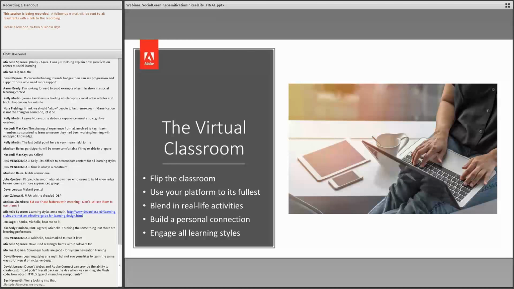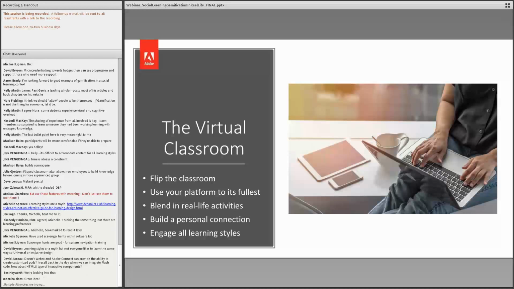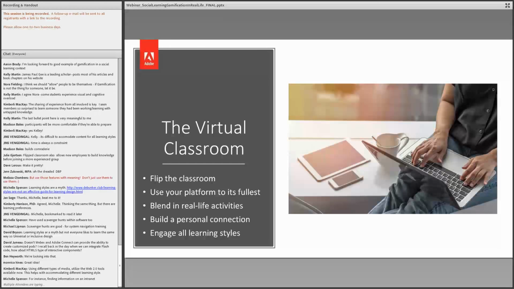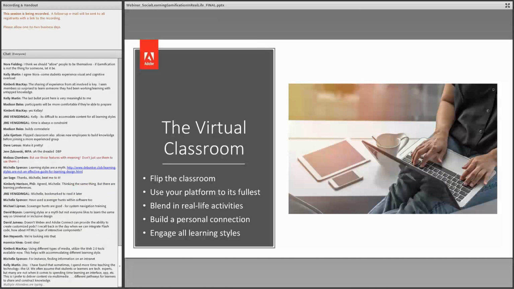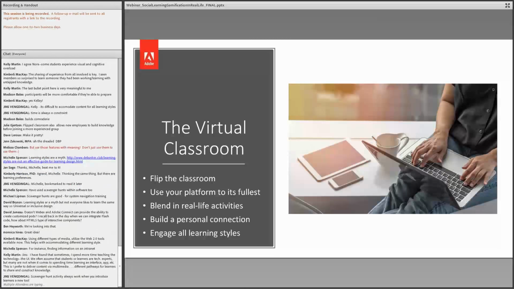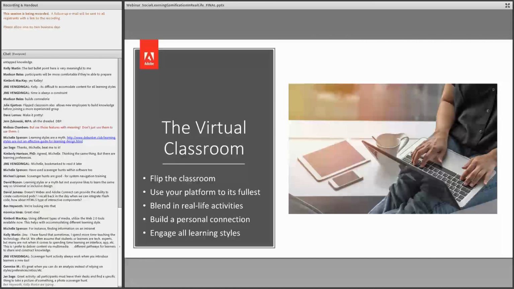So the idea within a virtual classroom setting is to still build that personal connection, whether you're using chat or using some of the other features, making sure that people still feel like they're close to each other and they can talk to each other. And trying to be as blended as possible, because some people like lectures. I actually do. Some people like to read and they prefer to have that tip sheet in front of them. Some people need something that they can touch and feel. So try to think about that and incorporate all of the learning styles so that you keep people's attention as much as you can.